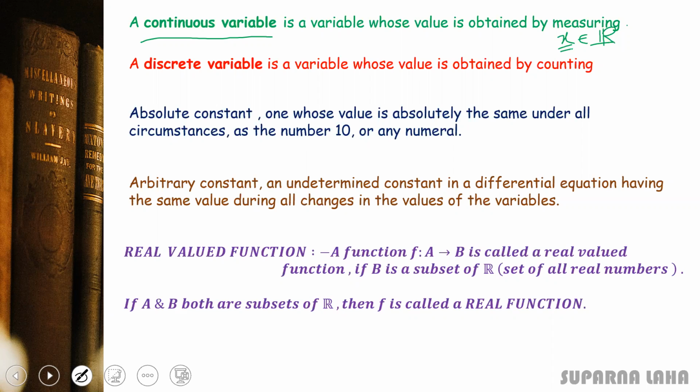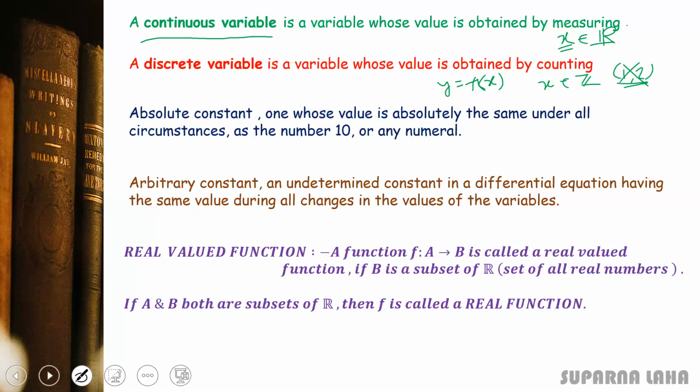Now a discrete variable means, just for an example, suppose y equals f(x) is a function, and given that for this x I'm taking just only the set of integers. So I'm taking 1, 2, 3, 4, then 0, minus 1, minus 2, minus 3. The real numbers in between 1 and 2, I'm not taking those numbers. I'm taking this 1, then 2, and like that. So this is called a discrete variable.